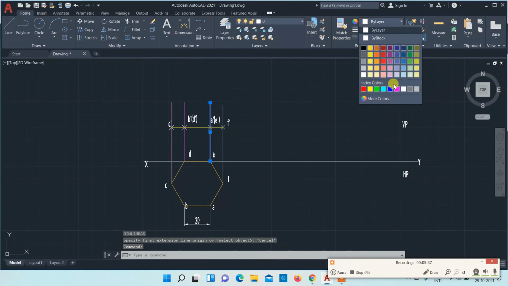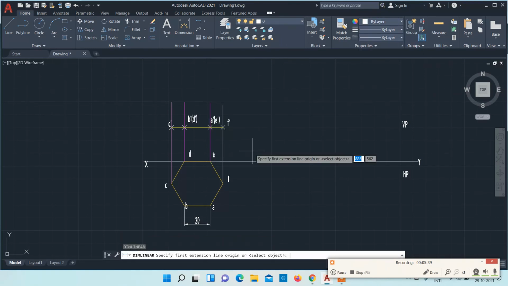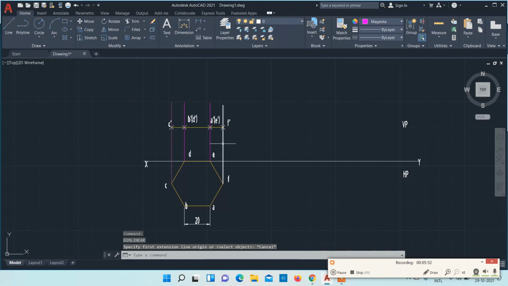You should be in a position to distinguish visible edges, projection lines, dimension line, and invisible lines. Okay. So in this diagram, I have made the projection line in pink color.